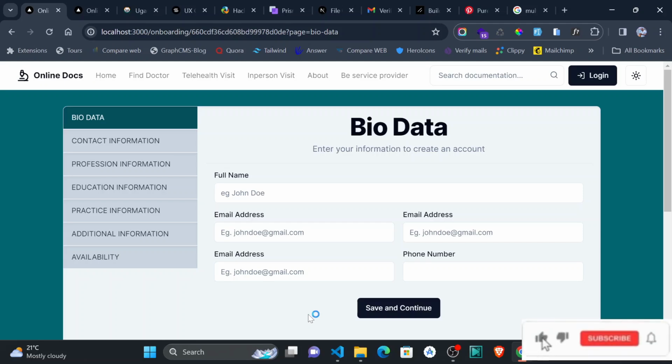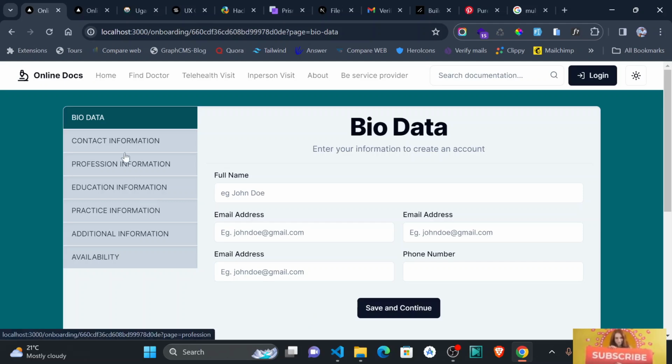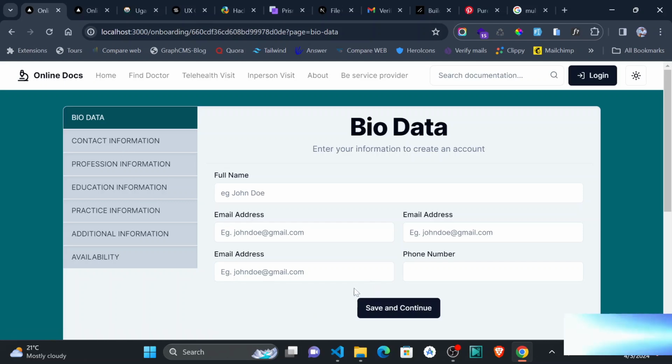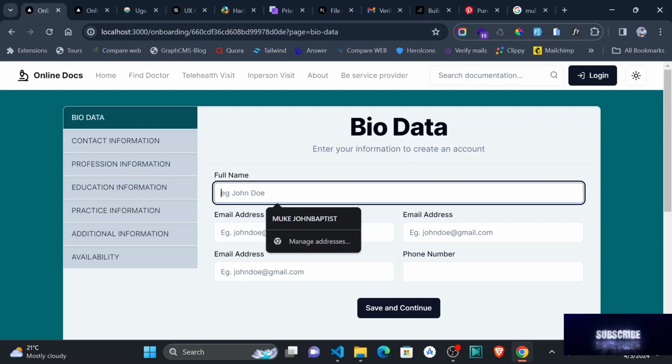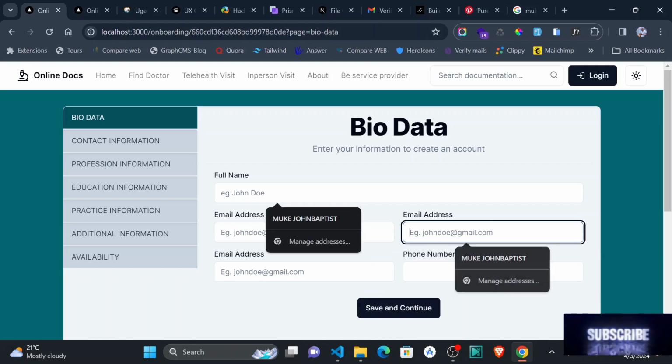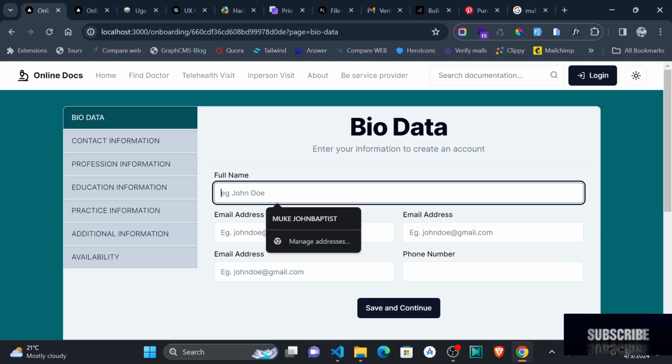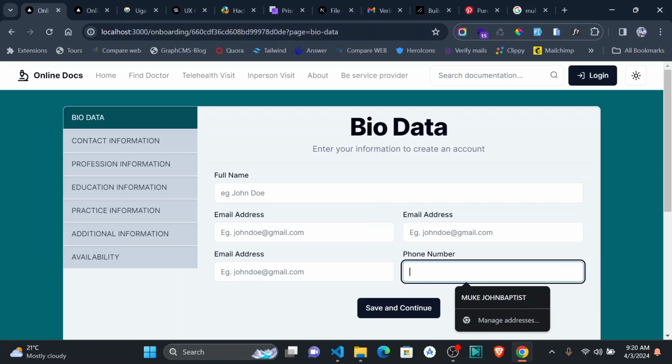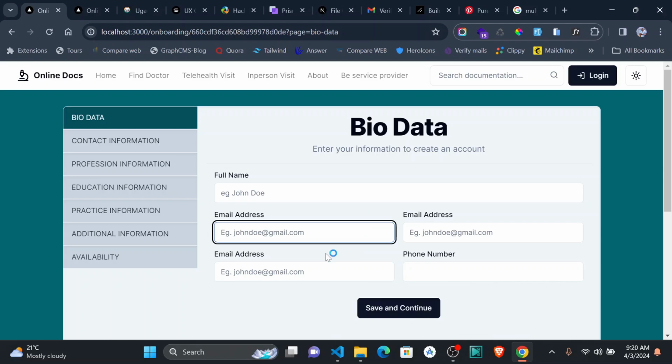Redux, we don't need actual Redux because the purpose of Redux is to keep data in state between pages. Now, we are technically not changing any page, going to any other page, but we are changing the content. So what will happen is that this data is going to be saved directly into the database. And the reason why we are going to save it directly in the database is that